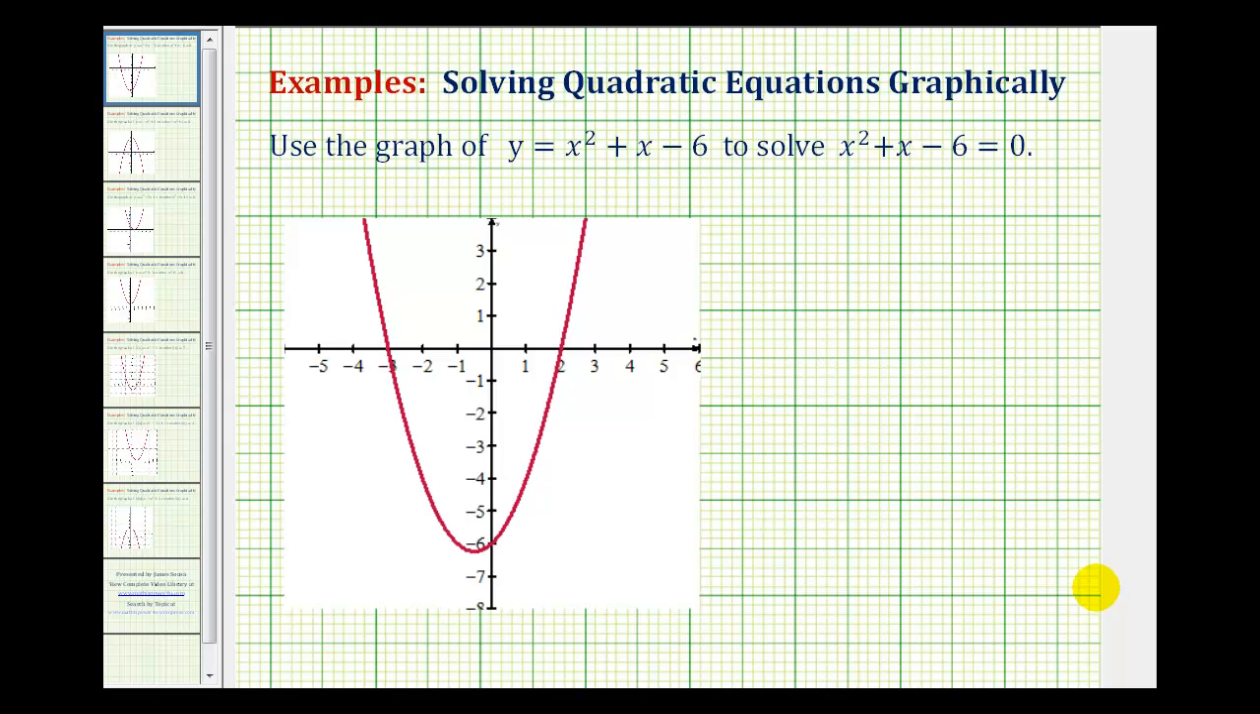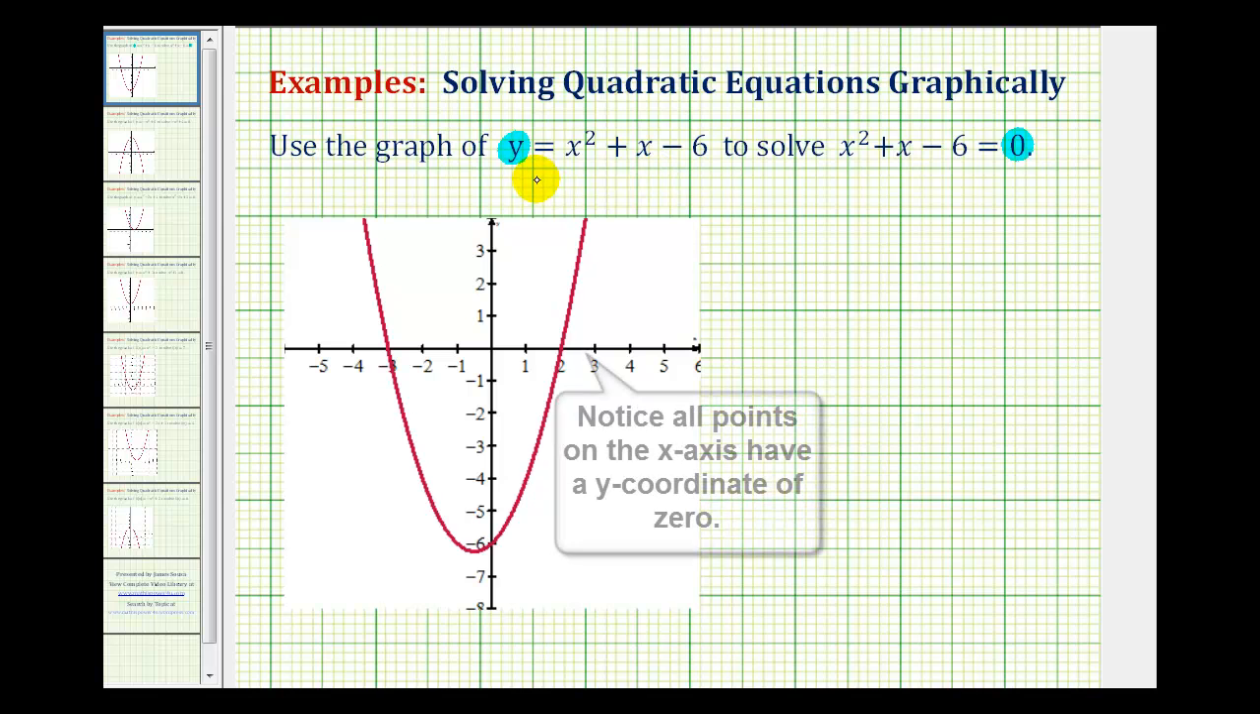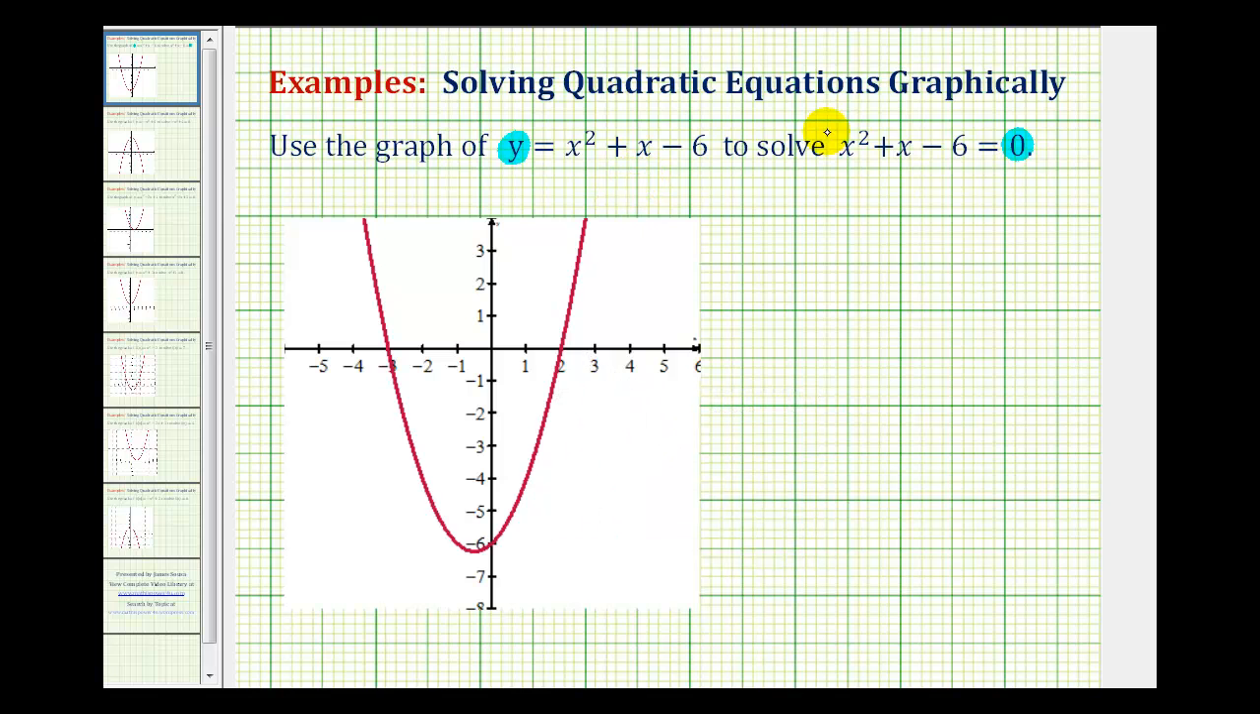Now we'll look at several examples of solving quadratic equations graphically. We want to use the graph of y equals x squared plus x minus 6, provided here in red, to solve the equation x squared plus x minus 6 equals 0. If we compare these two equations, notice that y has been replaced with 0. When we're given the equation of a function, replacing y with 0 and solving for x is the process for finding the x-intercepts. So we can solve this equation graphically by finding the x-intercepts of our function, which occur